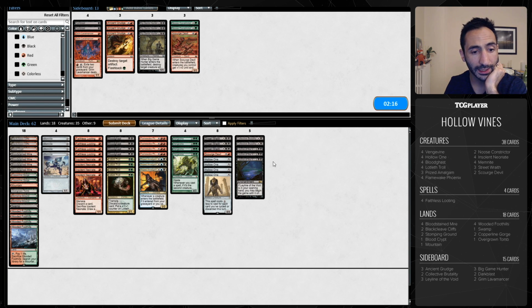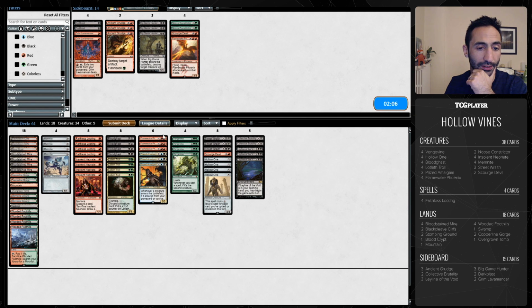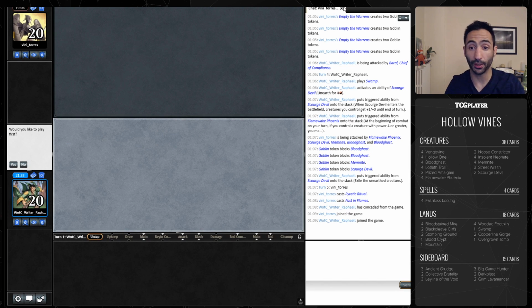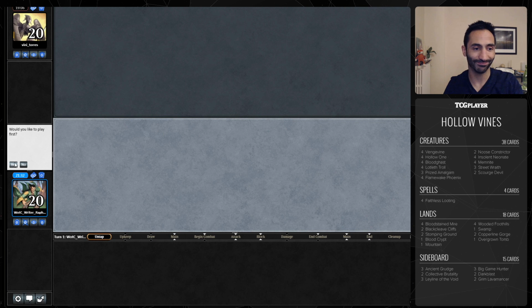Leyline usually helps. Sometimes it doesn't, but can help. It can buy a turn or two. Maybe Phoenix is not fast enough. It doesn't really matter if it flies or not, unless they have a million tokens. I guess it does, but